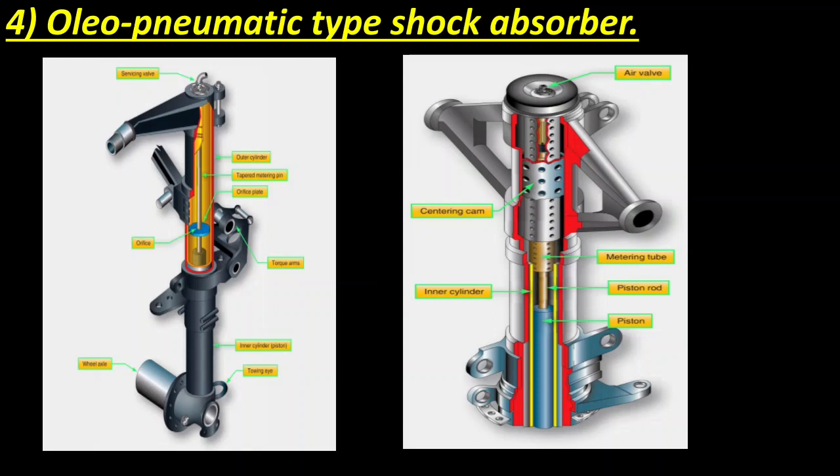There is a recoil valve on the piston or a recoil tube that restricts the flow of fluid during the extension stroke, which slows the motion and prevents damping impact forces.